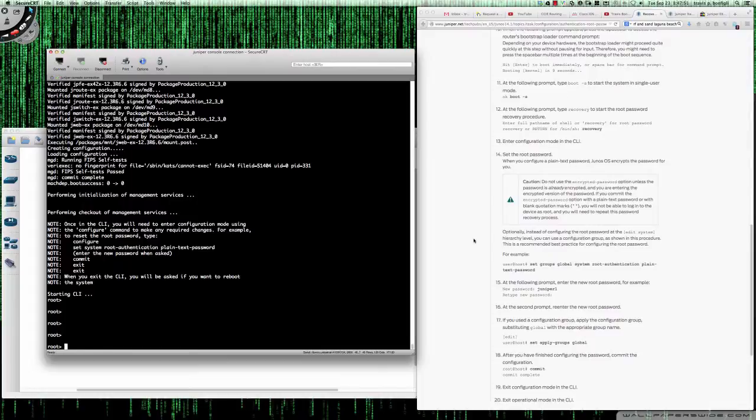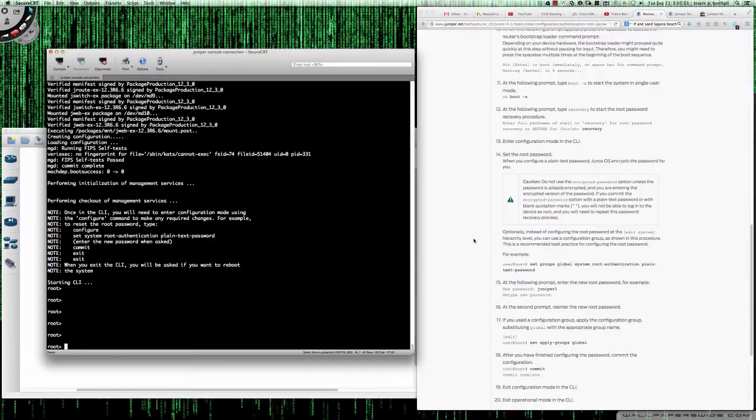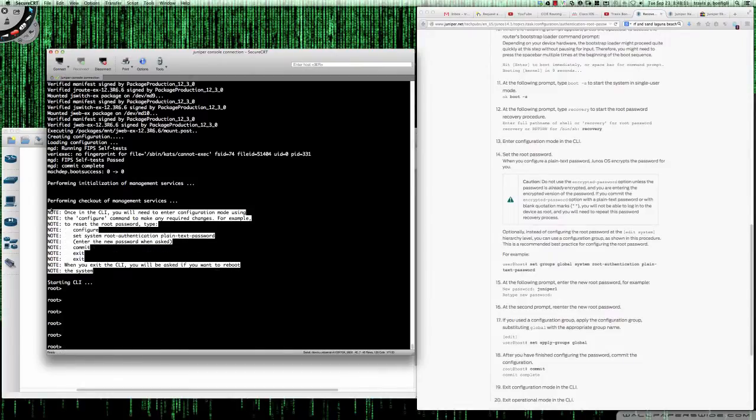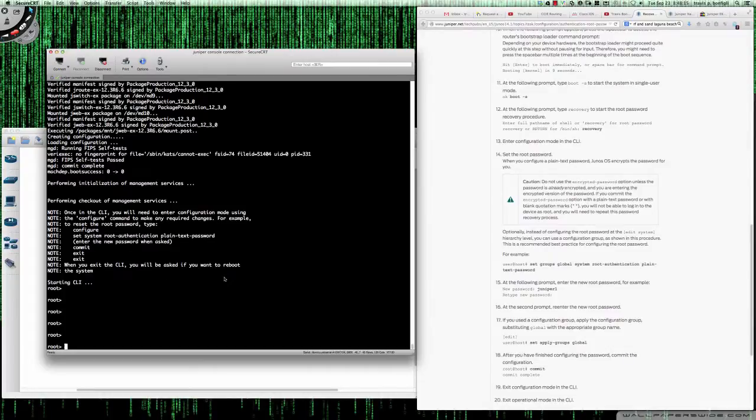All right, so we are the root user. We did not have to make any changes here. So it says once in the CLI, you'll need to enter configuration mode using the configure command to make any required changes. So for example, to reset the root password. And as you can see here, this is where I'm reading from the notes section. And so this is really nice, right? I mean, they literally give you the commands that you need to run. So the root password prior to this was Cisco 123, and so now we're going to change